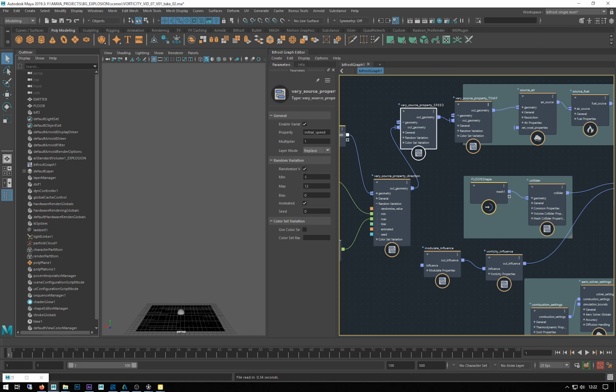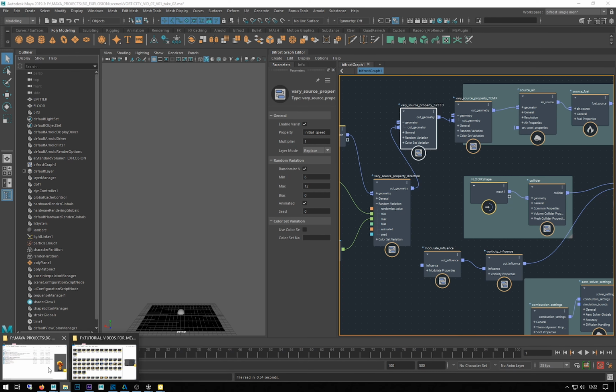change one parameter, give it a quick sim. I mean, you don't have to sim it all the way through. For these videos, I've been simming them all for a good 100 frames, but you can generally get the gist after 40 or 50 frames of whether it's doing the thing you want it to do. And at the moment with my low res,